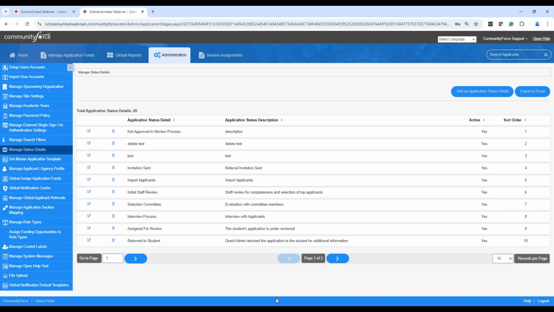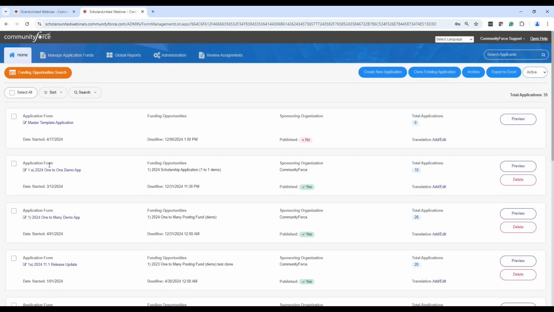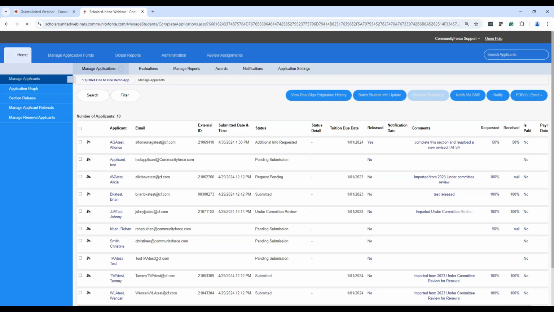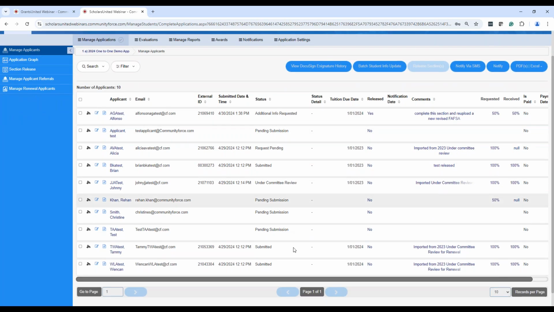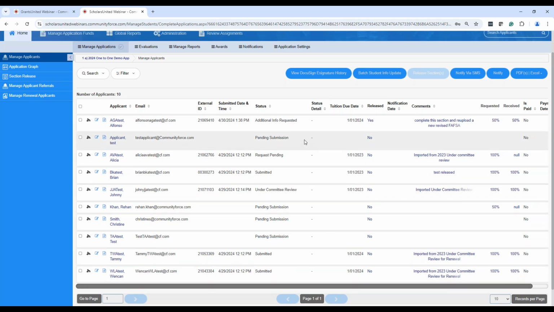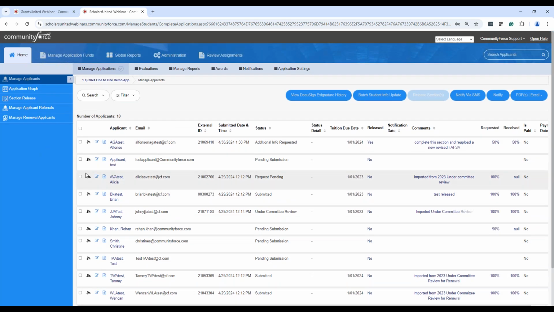So this is where you create them. This is where you edit them. This is where you make all the adjustments to what's in that listing. Then once you've made your status details, you can go to any report. So I'm going to go home. I'm just going to go into my Manage Applicants screen again. And then when I'm looking at this data here, if I want to add a status detail, I do have to select the applicant I want to add that to